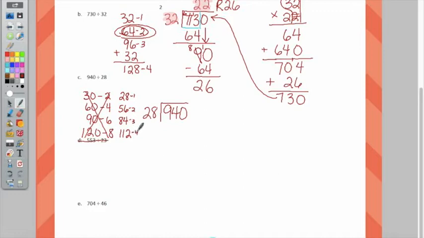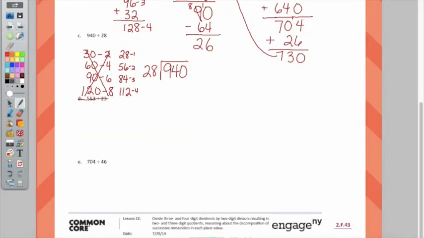I got to write small. Okay, where will I chunk this one? 94. 94. And we will do 84. Okay, so 84 is the closest. Where does the 3 go? Up top of the 4. And 84 goes under 94. That's easy to subtract. Now we're ready to check. Just drop the 0. Okay,